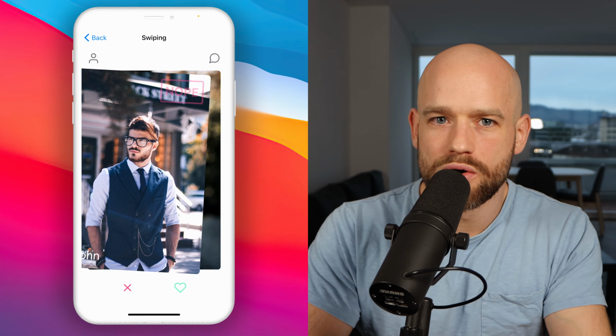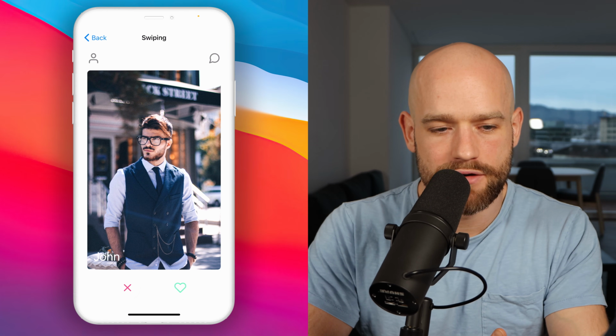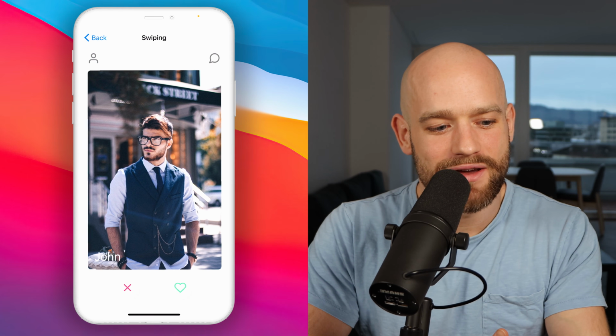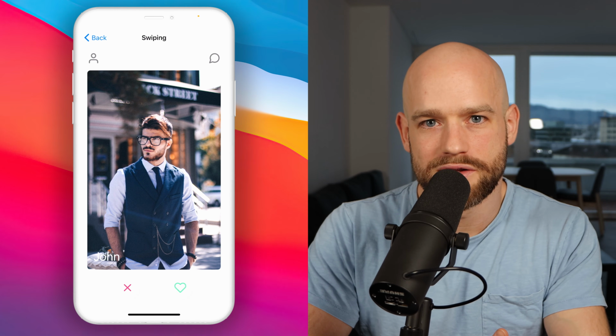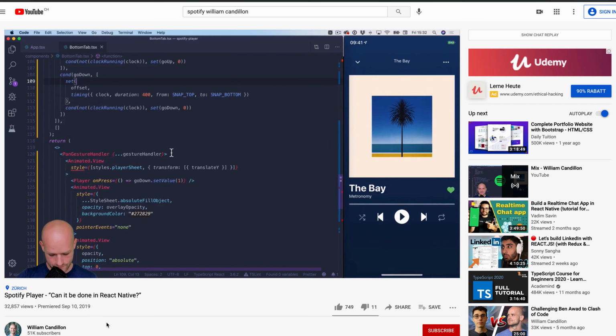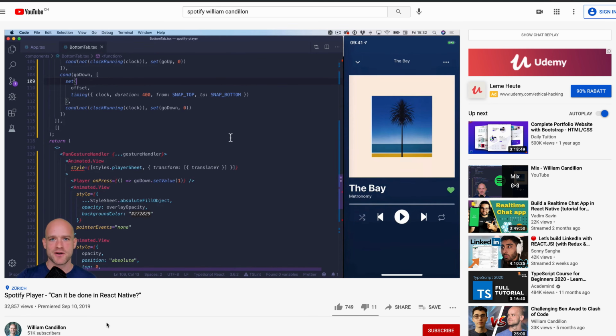And then there is another recipe which is also pretty generic. We have this gesture that drives the animation, but we can also execute the gesture imperatively by clicking a button. This is also a very common use case. I have in mind the Spotify player, right? Where you can swipe up and down the player, but you can also do it via the press of a button. And that's something we had to learn in Reanimated 1, and now we have to learn it in Reanimated 2,